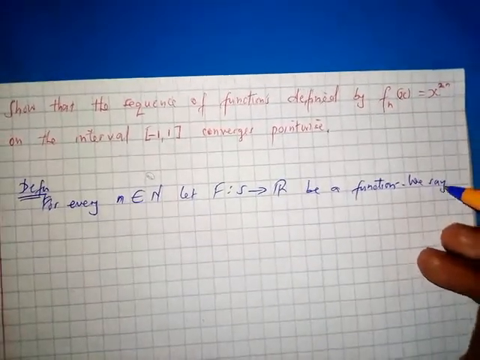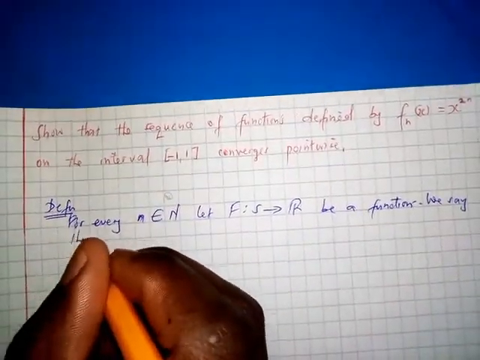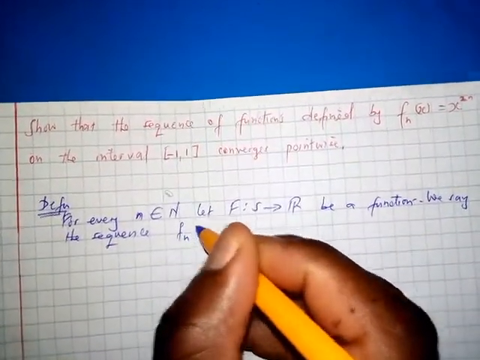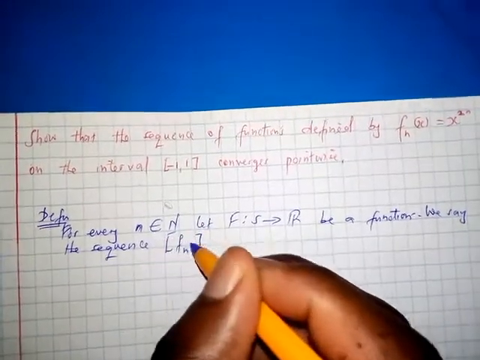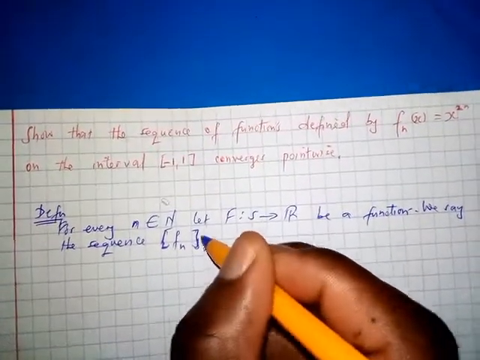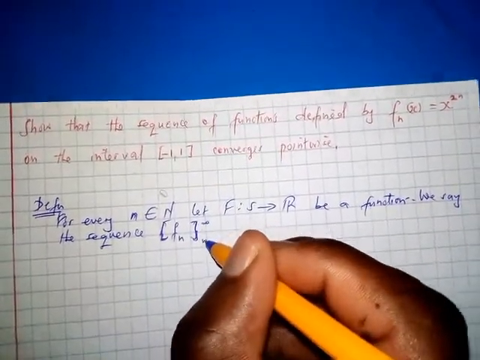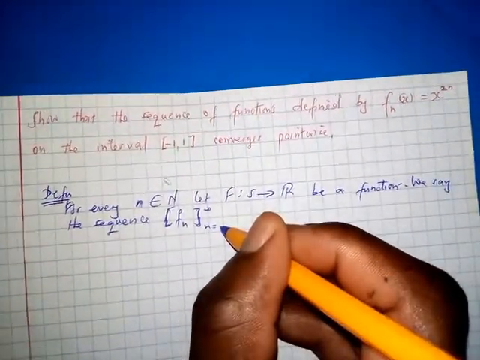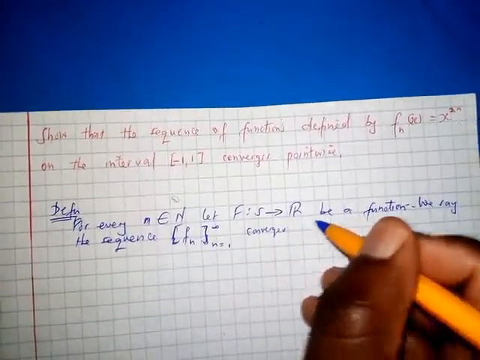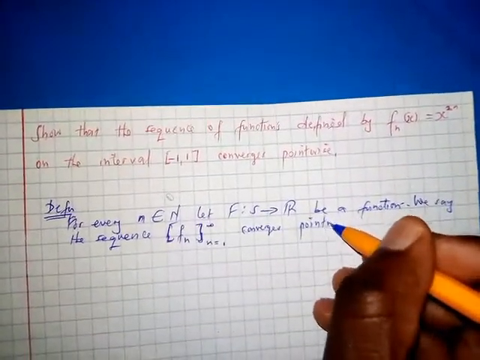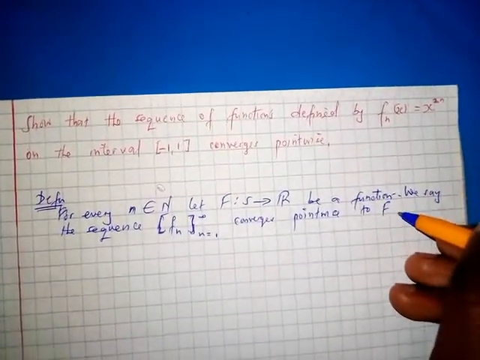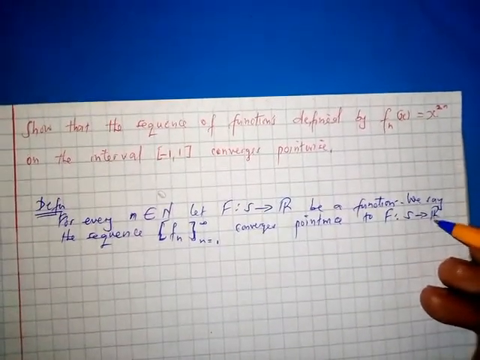We say the sequence f_n, n from 1 to infinity, converges pointwise to f from S to R